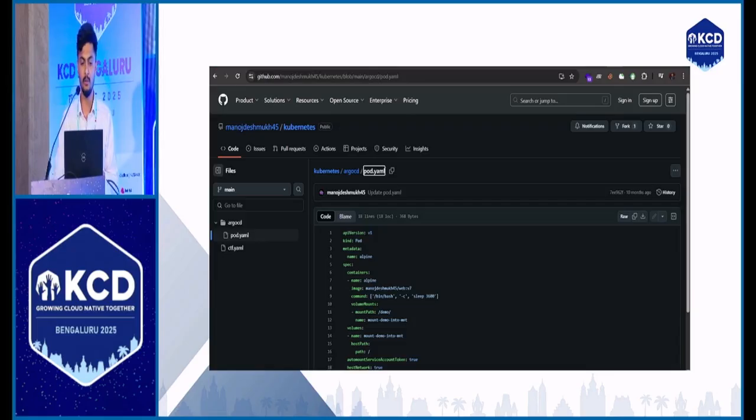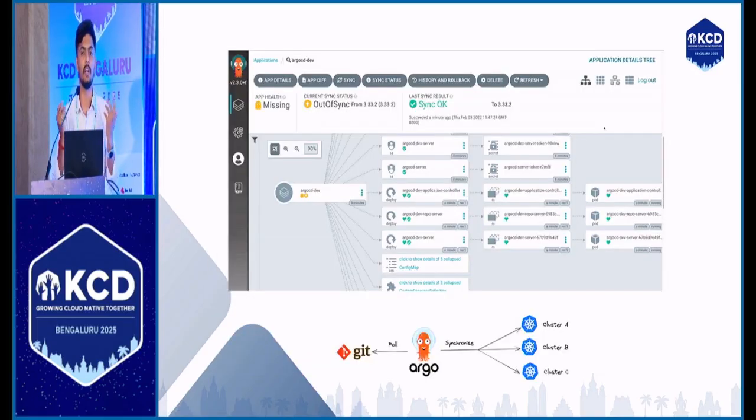So what if I got access to Argo CD somehow? What can I do? I'll go to settings and add my GitHub repository there.